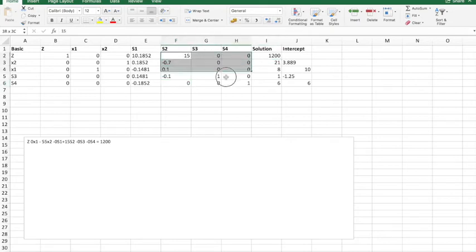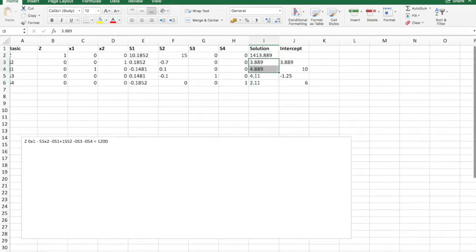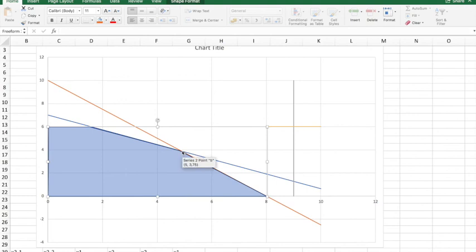So I'm not going to carry this out, but you'll end up with a solution here with the z value equal to 1413.889, x2 value of 3.889, and x1 value of 4.889. This becomes 4.11. This becomes 2.11. So you can see that I've located my extreme point here